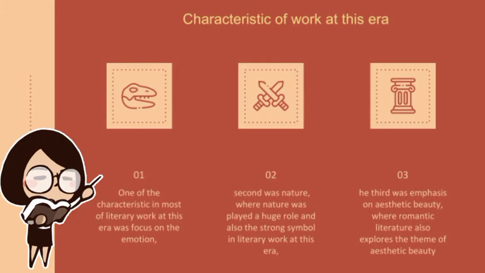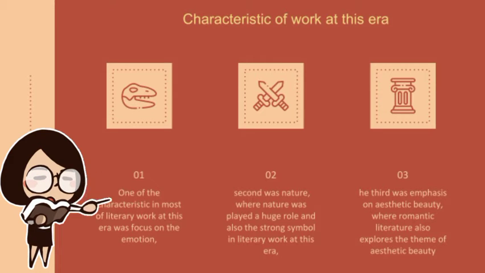The first one is emotion. When we read works from this era, we will see all the feelings expressed, including romantic love, fear, sadness, loneliness, and others. Most romantic poetry and prose were easy to read and to connect with each other. The second one is